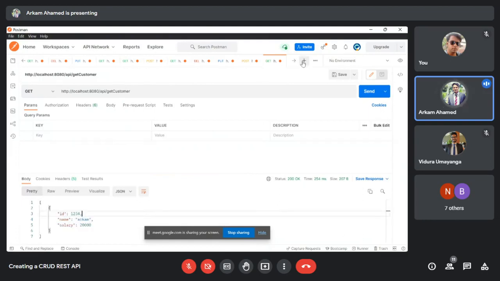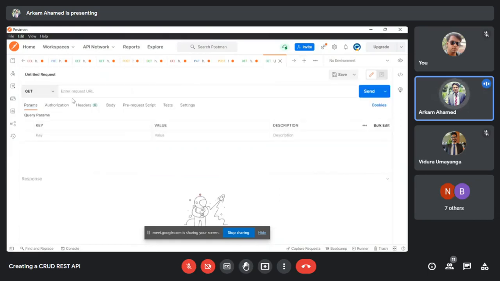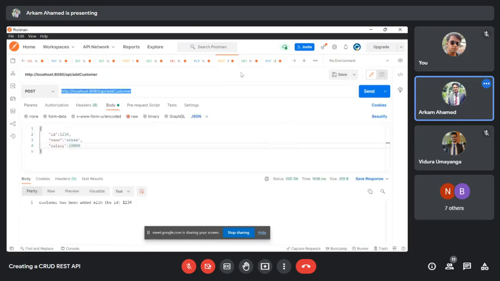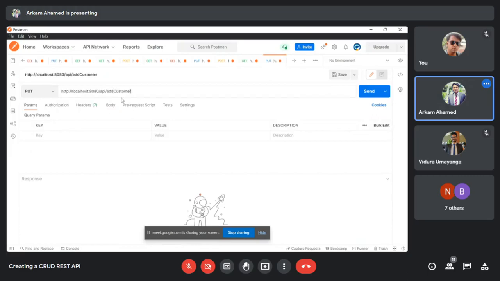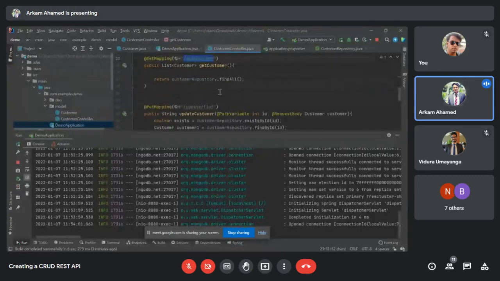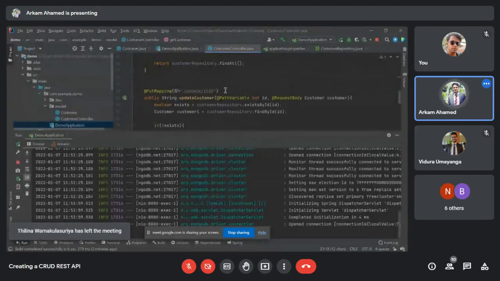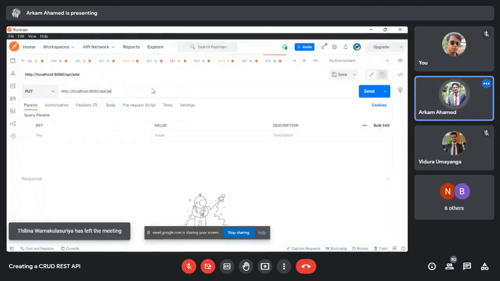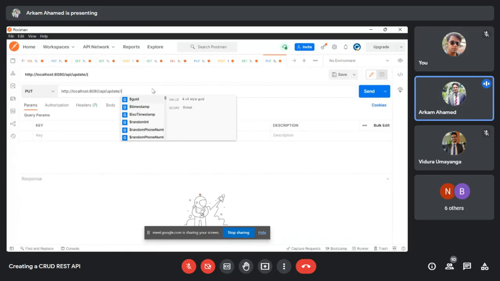So then before deleting it, we'll update it. The URL for that is update ID. So as I said, in the curly braces, we'll have to pass the ID. So without the curly braces, we will have to pass the ID in here. So it is 1234.